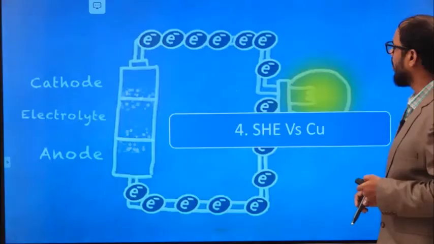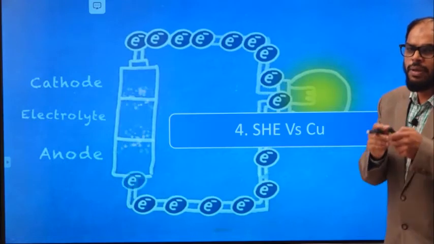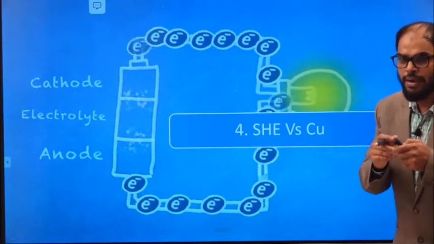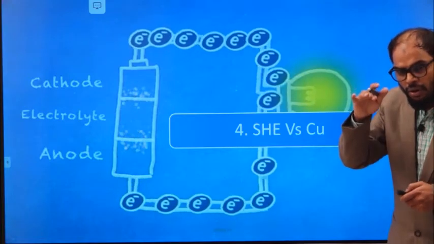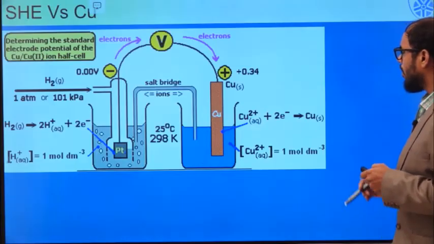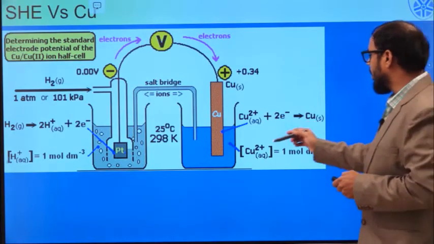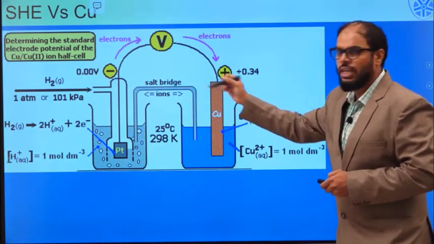Minus refers to the tendency to undergo oxidation and less tendency to undergo reduction. Let us try to understand how the SHE electrode will behave with respect to copper. We should know that copper is placed below hydrogen in the electrochemical series. So whenever I have copper dipped in copper sulfate solution, which is connected to the SHE electrode,